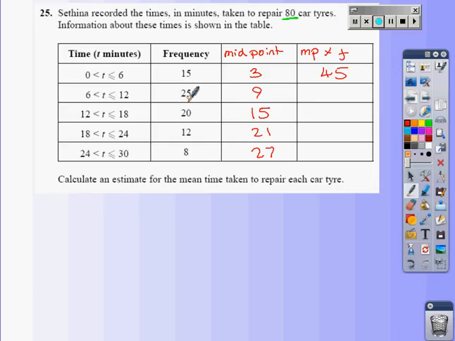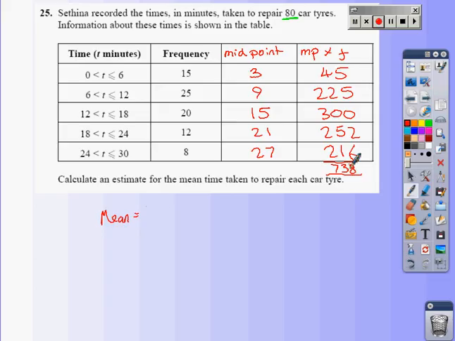If these 25 took 9 minutes, that's a total of 225. 20 times 15 is 300. 12 times 21 is 252. And 8 times 27 is equal to 216. So my estimate for the mean is equal to the total time taken, which is the total of this column here. So when we add that up, we find that there is